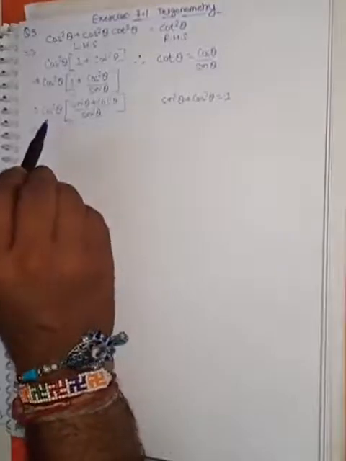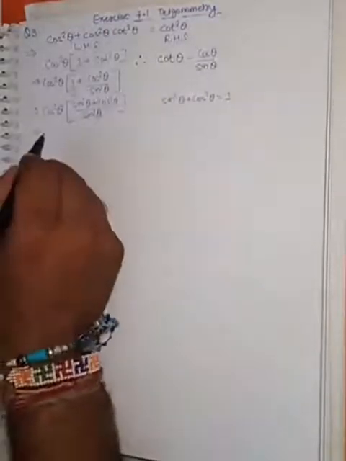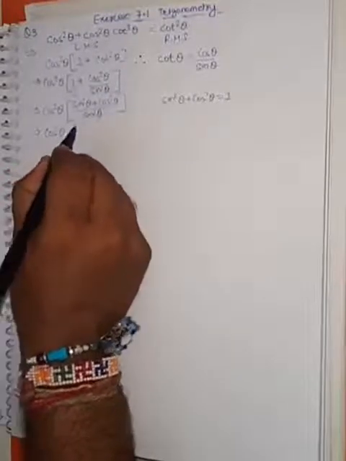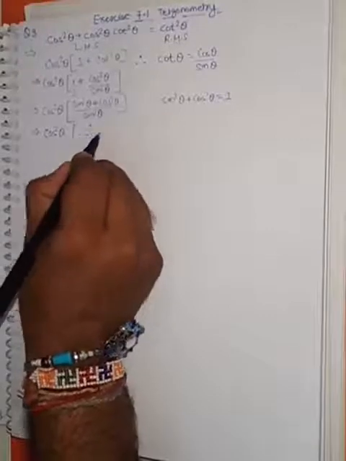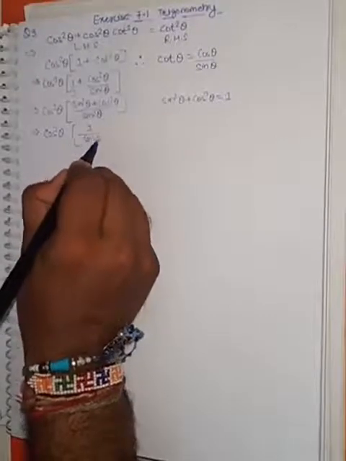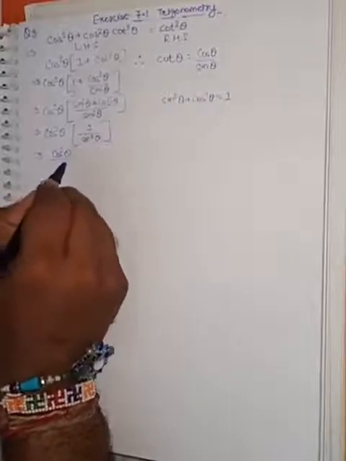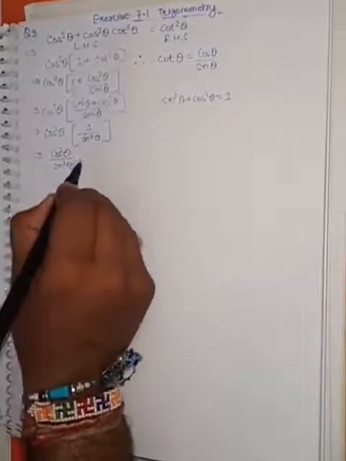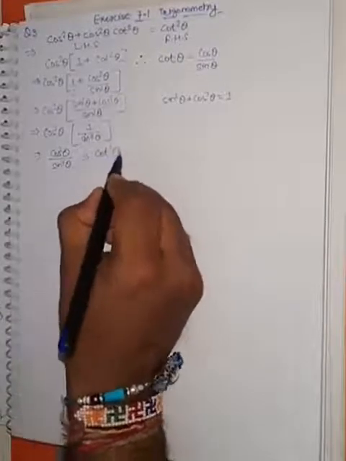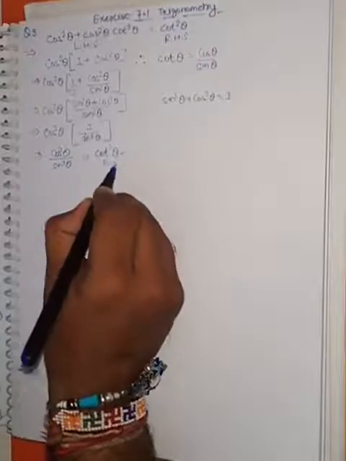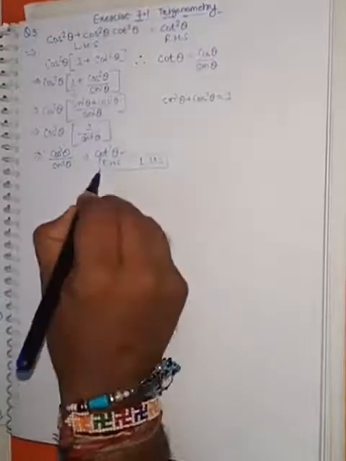Now here we know that sine square theta plus cos square theta is equal to 1. So putting 1 in the numerator, and sine square theta in the denominator, after multiplying with cos square theta and dividing by sine square theta, we get the value as cot square theta. So here is our right hand side. So we can say the right hand side is equal to the left hand side. Okay, correct?